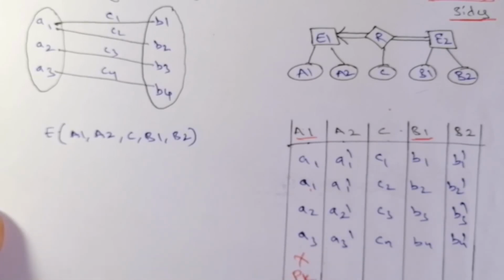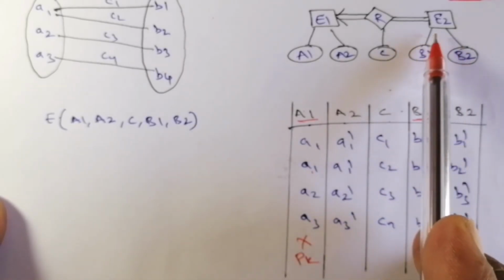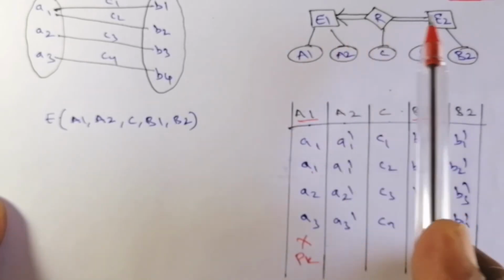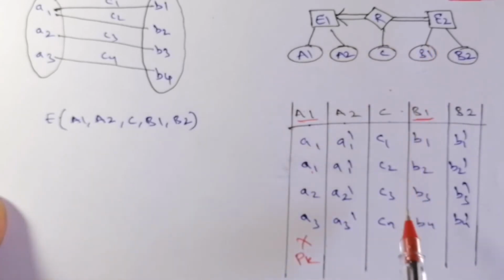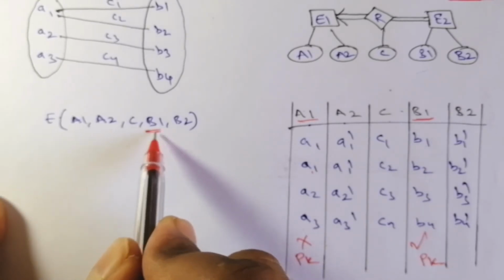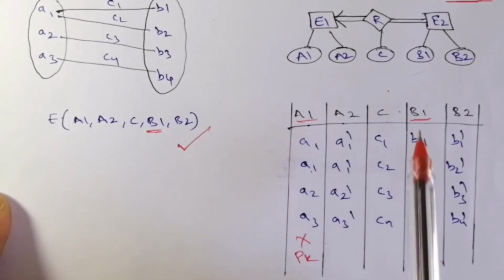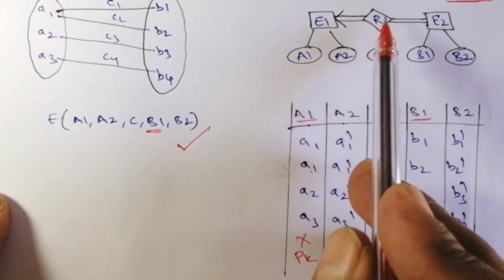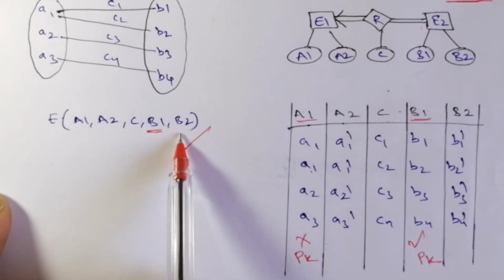If we check for the B1 side, B1, B2, B3, B4, all four are different. That is the many side, right? As we have seen previously, the many side will become the primary key, not the one side. Here all four are different, so it is suitable for the primary key. If one is suitable as the primary key, automatically this particular relation is suitable. That is, we can combine when it is one to many or many to one with total participation on both sides, into a single relation.